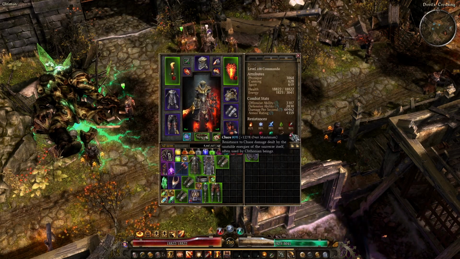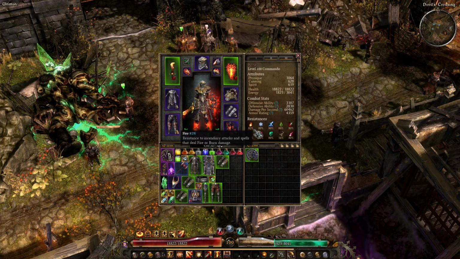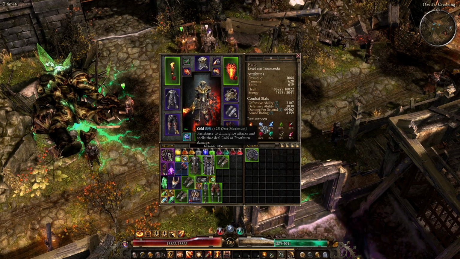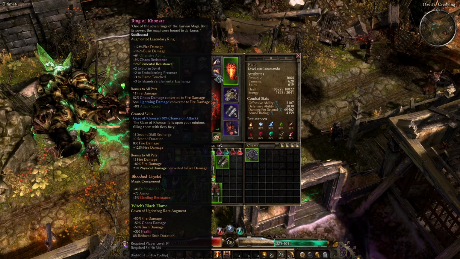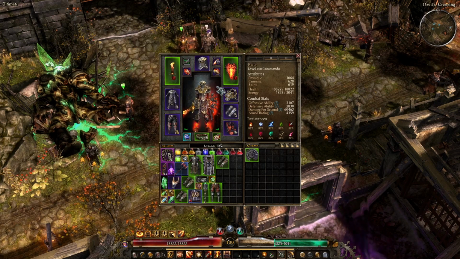I have enough Chaos res. I need more Elemental res, sure, but I could get that on a Gullus ring. I could probably get a God Gullus. I have some pretty good fire Gullus rings too. I'll have to look at my inventory, but I have Sharzul's too. But